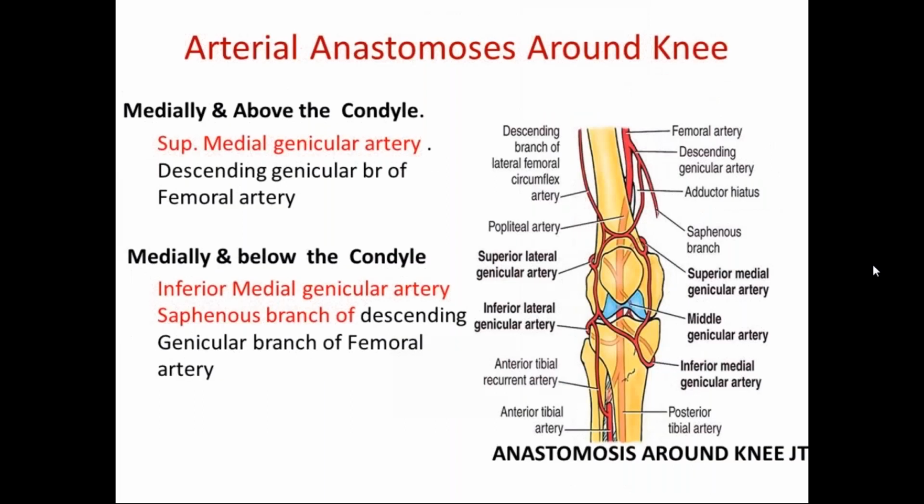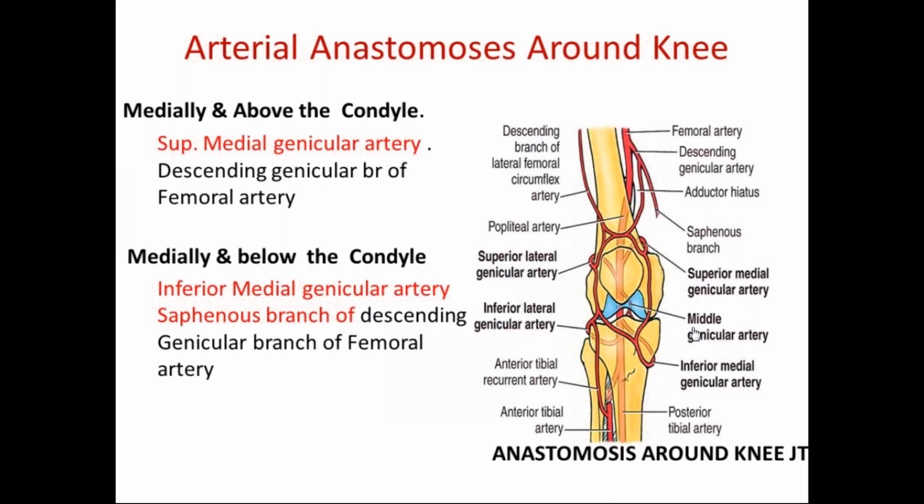Now we are going to discuss the arterial anastomosis around the knee joint, which is an arterial network situated around the patella and lower end of femur and upper end of tibia. This network is divisible into superficial and deep part. The superficial part is lying in the superficial fascia around the patella and partly in the fat behind the ligamentum patellae. The deep part lies on the femur and the tibia all around the adjoining articular surfaces. That is, it lies in relation with the femoral condyles and the tibial condyles.